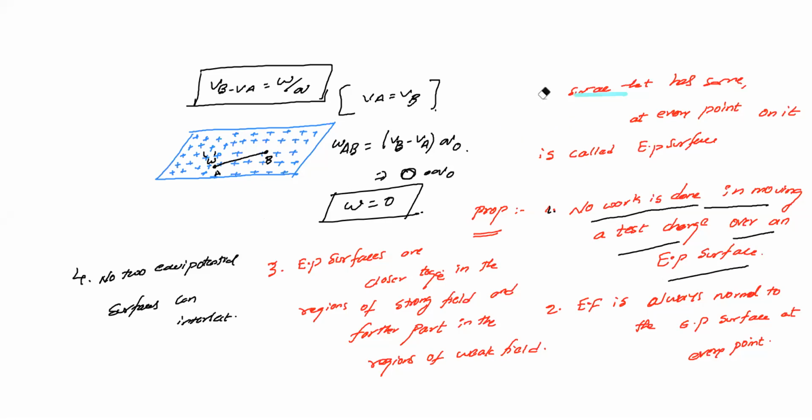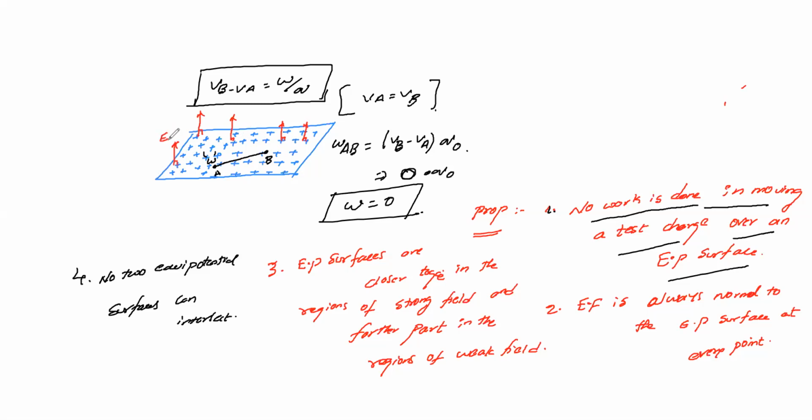Let's see the second one. The electric field is always normal to the equipotential surface. Electric fields are normal, perpendicular. Now the flat surface I'm placing on the table will have some electric field lines travelling. These are electric field lines which are perpendicular, normal. So the electric field will always be perpendicular to the surface. Always remember. Electric field lines are perpendicular to the surface. This is your second point.